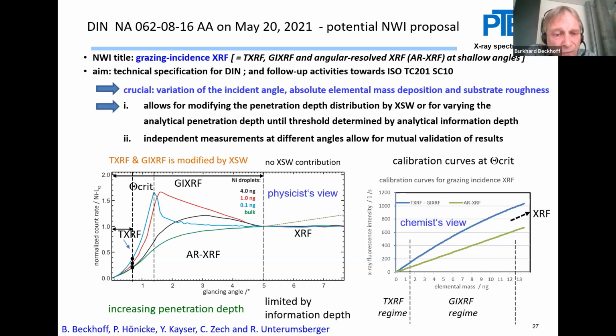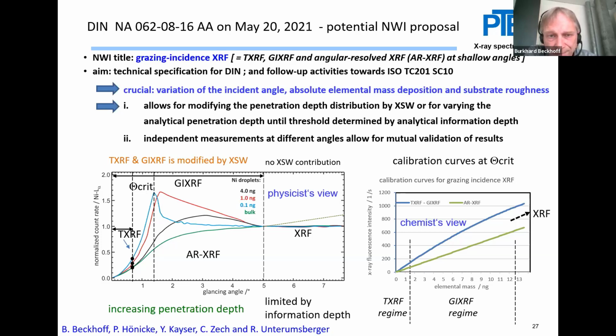And this is different to a rough sample or a bulk type sample, where you have a modification of the penetration depths until a certain angle, when the penetration depth is replaced by the information depths regarding the angular profile